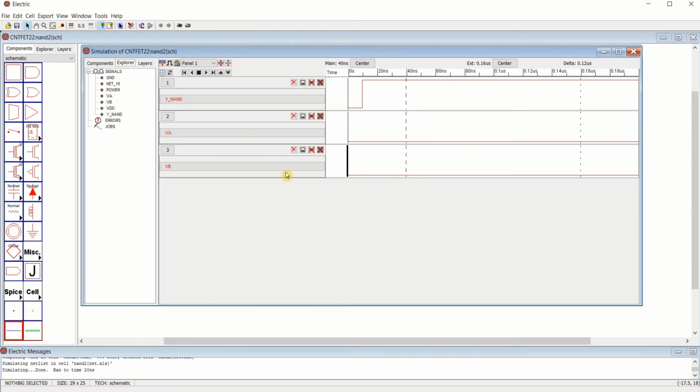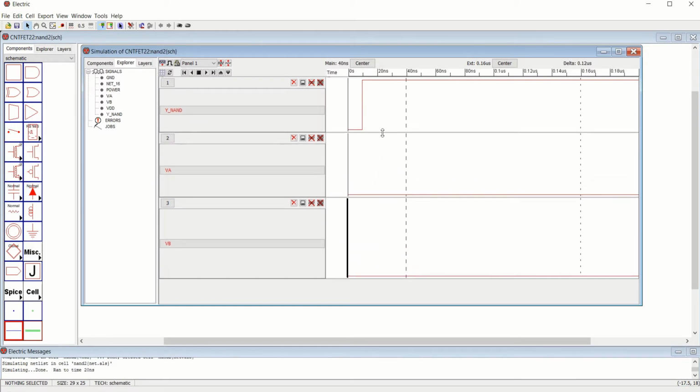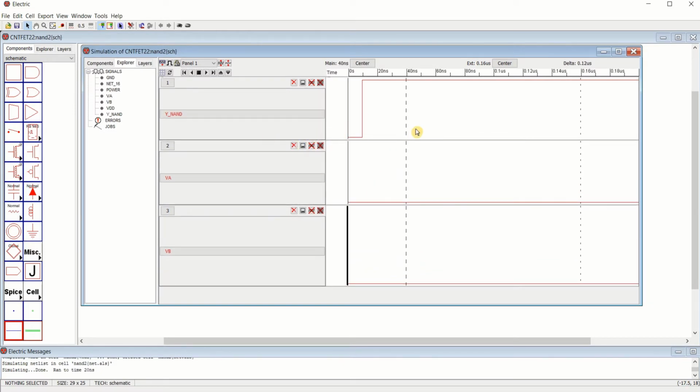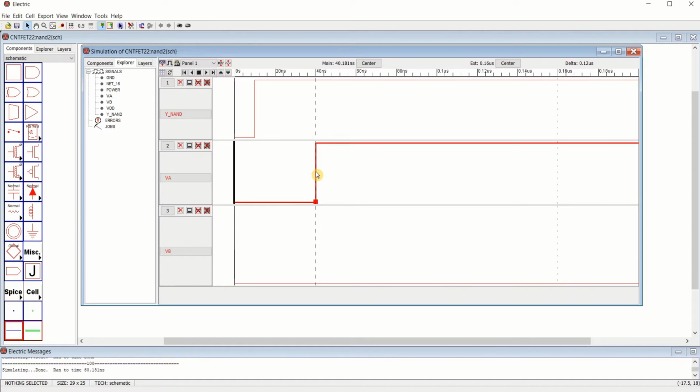I want only these three signals to be seen. So you can just slide them down for better visibility. You can see that for this output, there is some offset. That means this simulator is providing an offset to the signal. Now select this signal and use the slider to create the high value V and G for the low value.